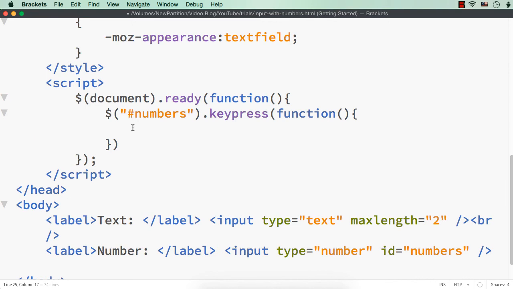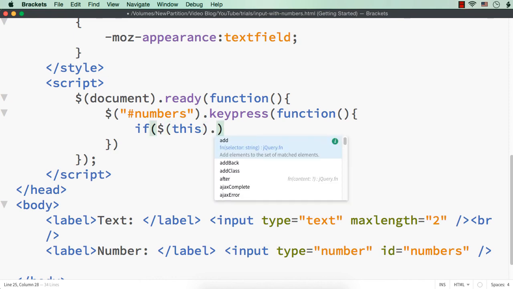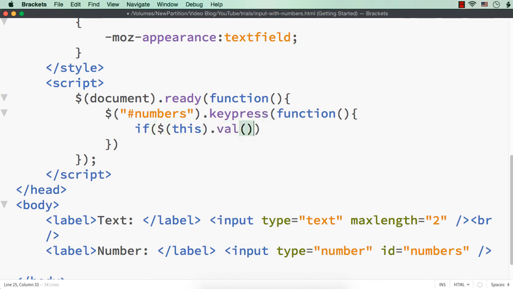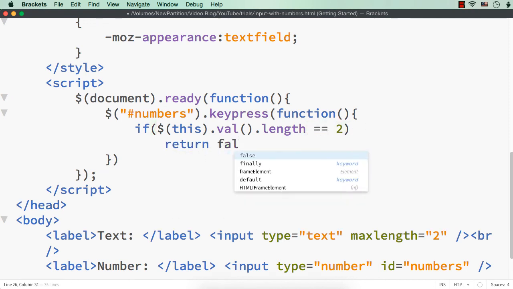So if I specify if $(this), which means the currently key-pressed element, .val(), which means the value inside that input element with type number, .length, which will give the number of characters of that value, equals, then we can return false. Now let me save this and show you.